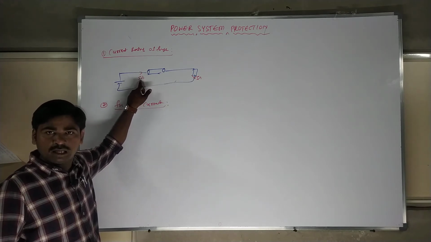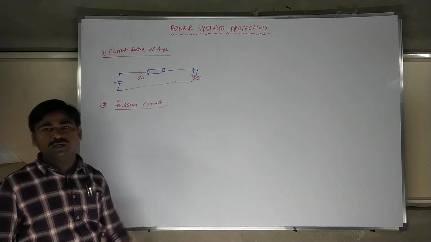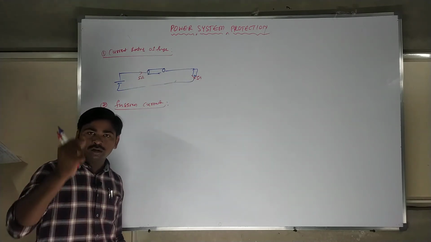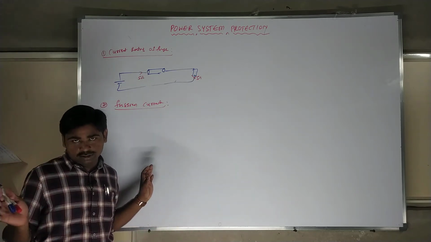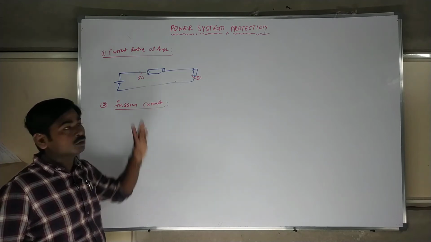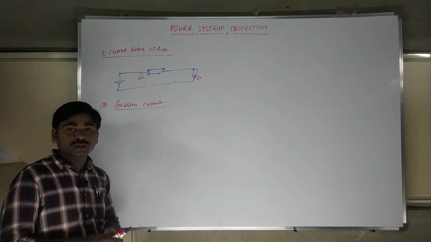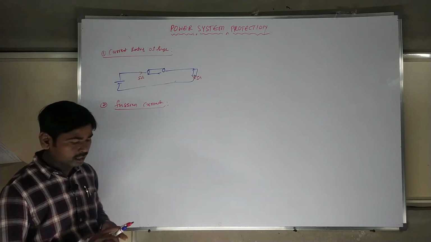If more than 5 ampere goes into the circuit, going to the load, automatically this fuse will melt. It will not allow more than 5 ampere. That's what the rating of fuse is. 5 amps means 5 amps only. If more than 5 amps comes, it is going to be damaged. For example, 6 amps current will come, the fuse is going to be melted. Fusion current is nothing but the current above which the fuse is going to be damaged.